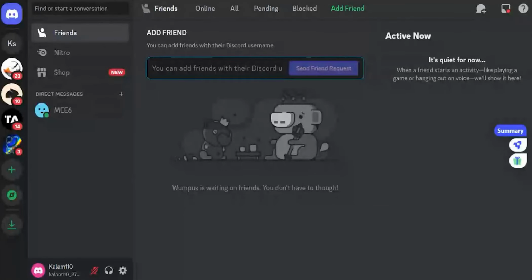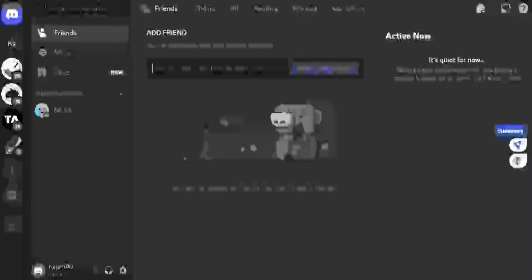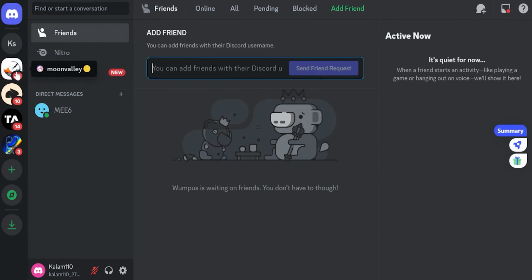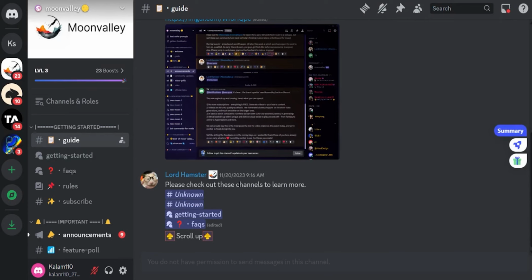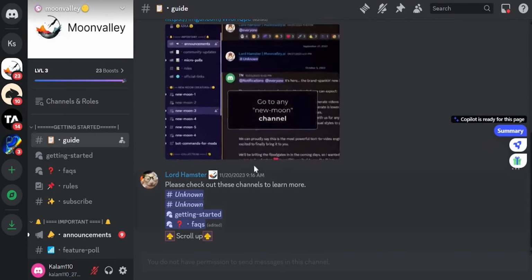So guys, in case you don't know about Discord, Discord is a platform, and on Discord you search different tools. In these tools you have a lot of interesting applications. For example, this is Moon Valley, so you can access Moon Valley with the help of Discord.